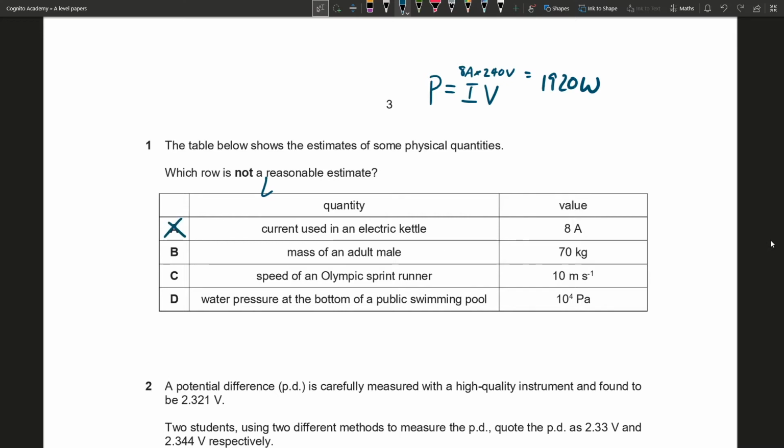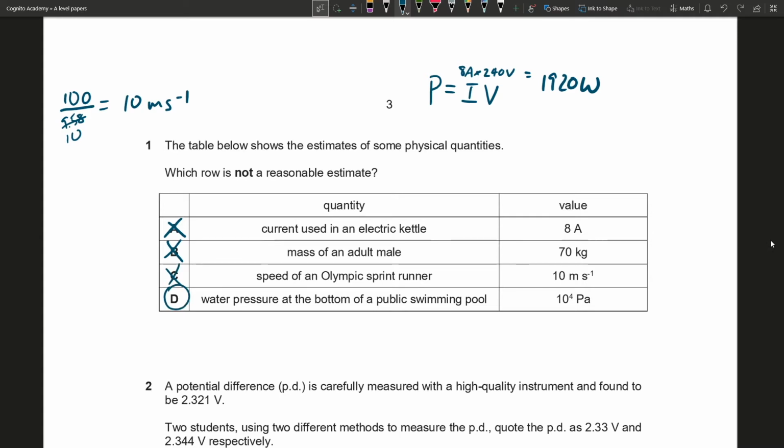Next, the mass of an adult male being 70 kg. Well, I know a few people who are 70 kg, so that's a pretty reasonable estimate. B is also out. C, the speed of an Olympic sprint runner being 10 meters per second. We just have to recall that the world record for the 100-meter race was clocked by Usain Bolt in about 9.58 seconds, or let's just round that to 10 for easy measurements, which is 10 meters per second. So C is also a reasonable estimate, meaning that our answer is D, but let's try to find why